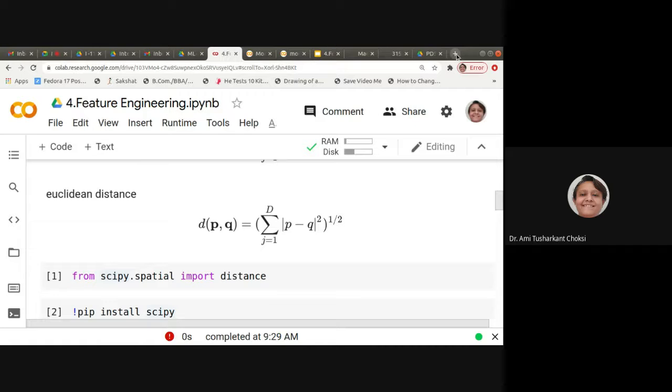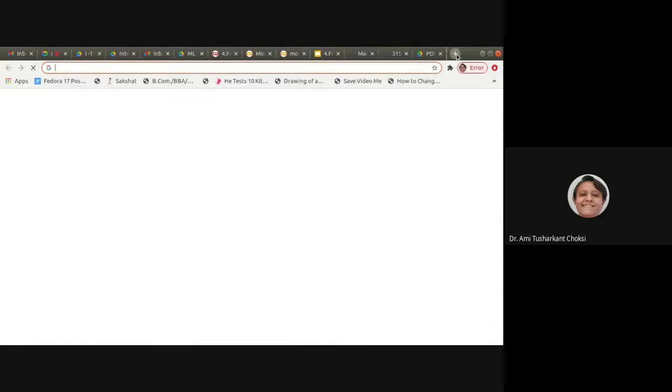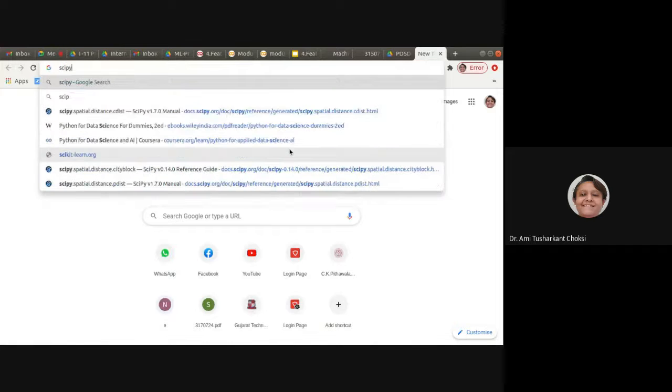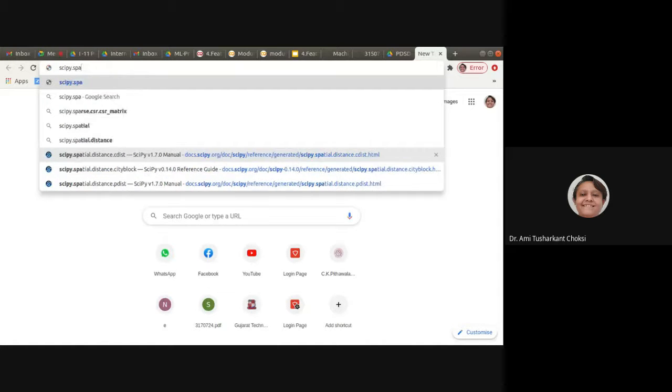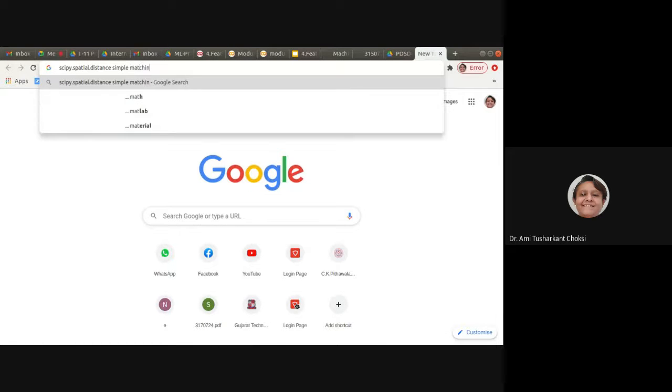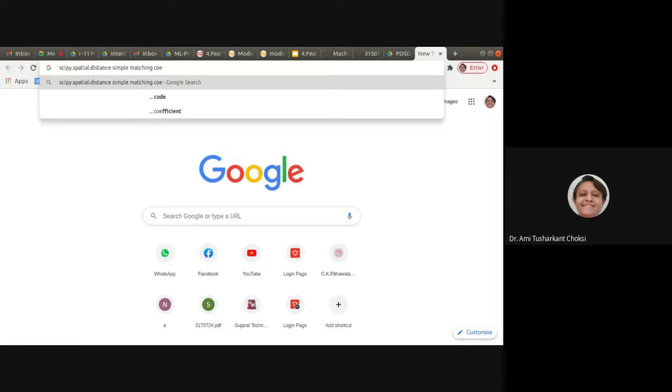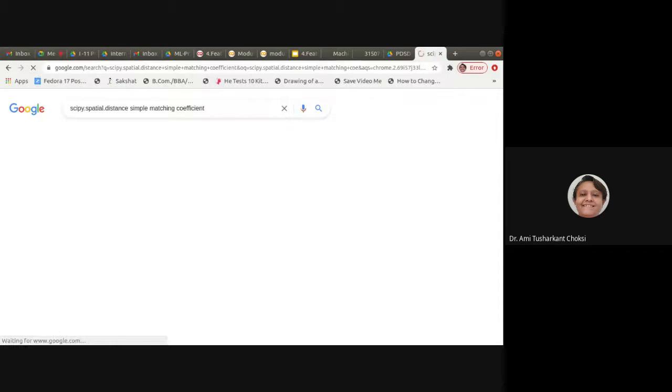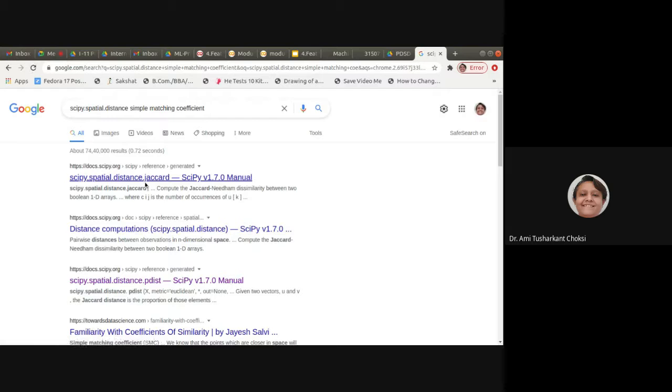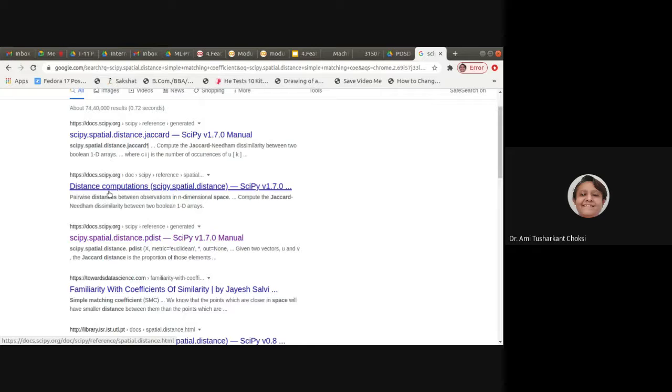I want to find the simple matching coefficient, right? So is it available or not? I can find it here, right? It says Jaccard. Yeah. Then after distance computations, let me open this.